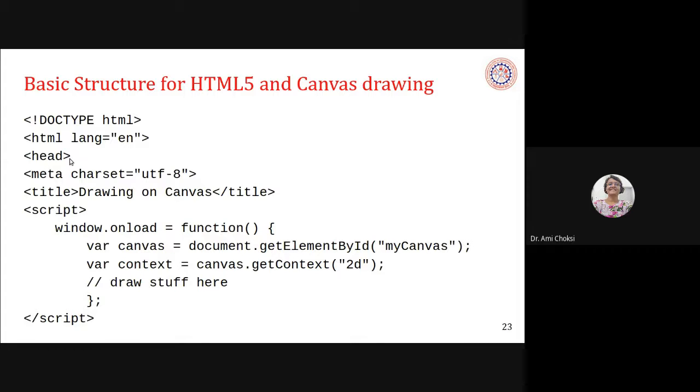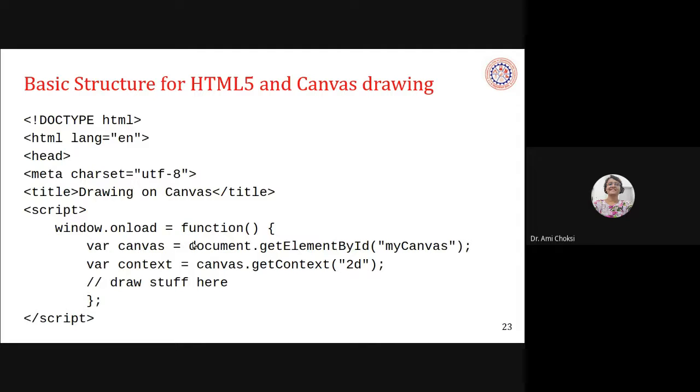inside our head tag, we are having a script tag, wherein we'll be writing our JavaScript, and what we say, window.onload, that is equal to, we are giving the function definition, right? We are not calling another function which is already defined. What we are doing is, on loading of this particular page, we are calling this function. Which function?